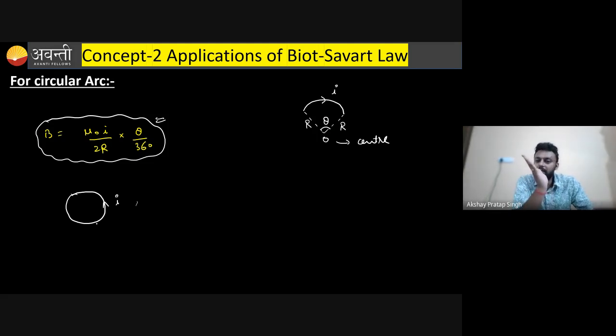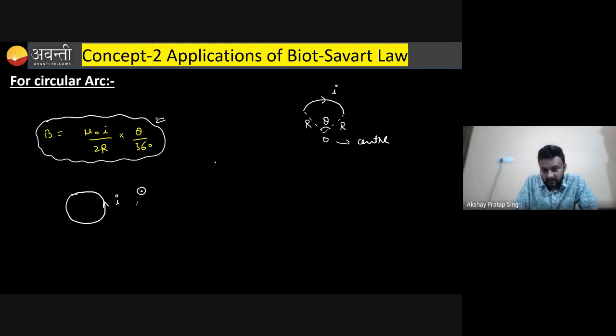So I am curling my right hand fingers in the anti-clockwise direction. And the thumb is coming towards me, or you can say coming out of the screen. So that means the direction is outward. Now,